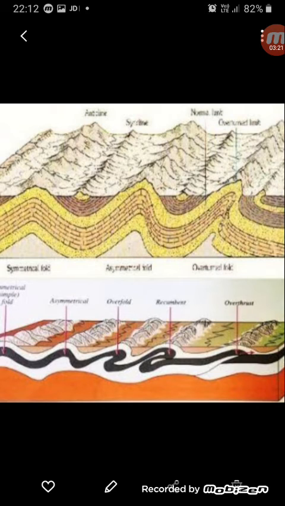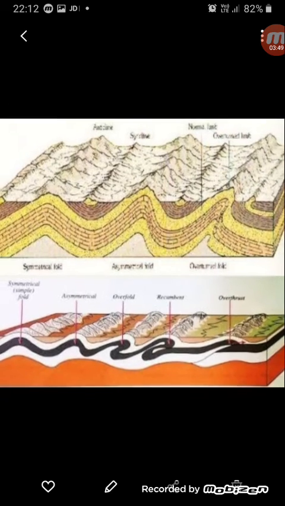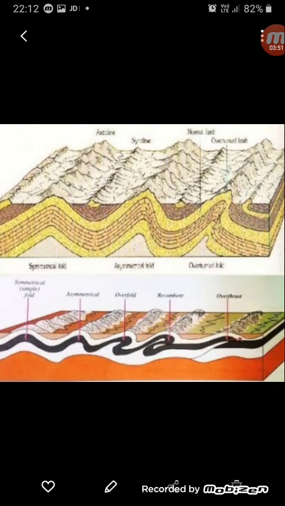The fold mountains are made up of intensely deformed sedimentary rock beds. During the folding, fractures or cracks develop on the rock layers. Through these cracks, magma wells up from the earth's interior and intrudes into the sedimentary rock beds. On cooling, these intrusions form igneous rocks. Excessive heat and pressure change the sedimentary rock beds and the igneous rocks into metamorphic rocks called schist, slate, marble, and quartzite. So this is how the fold mountains are formed.